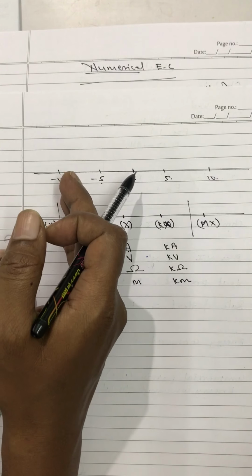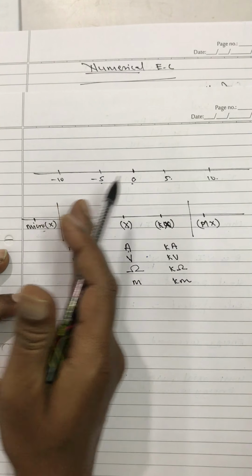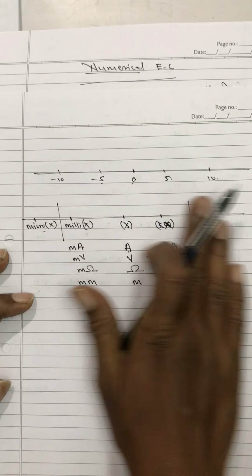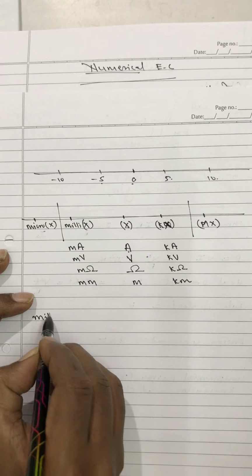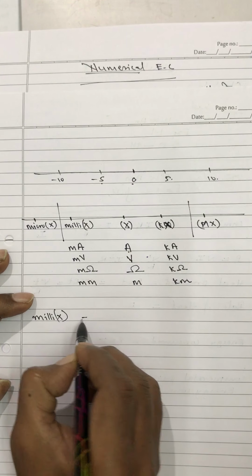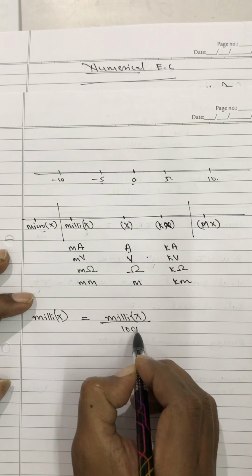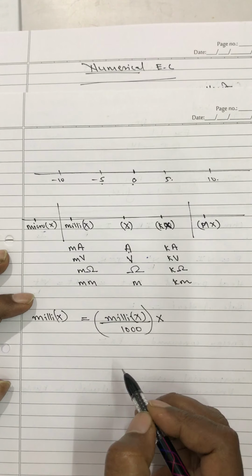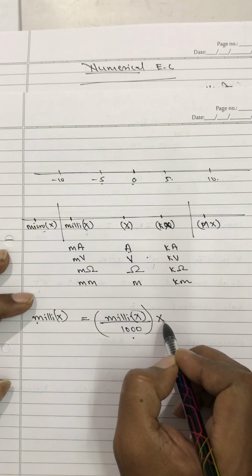In the question, if they have given data to you in milliamperes, you will need to convert it to amperes. Means they have given the scale of milli, you will have to take it to the scale of x. How do you do that? See my dear students, when you go from a smaller scale towards the greater scale, then you divide. If it is milli x, that will be equal to milli x upon 1000, and then it will be converted to x. Means milliampere divided by 1000 will give you ampere.